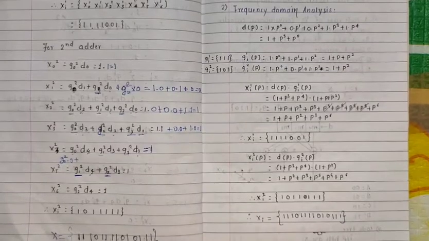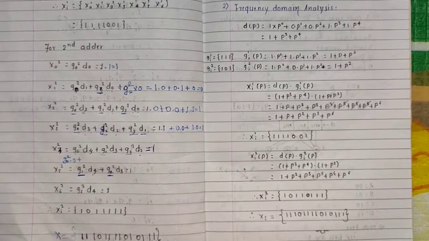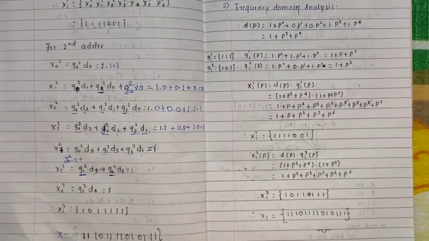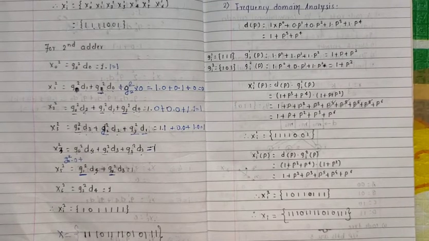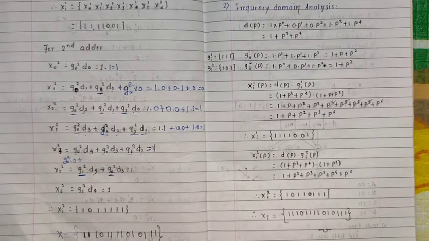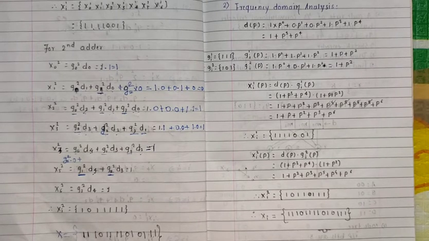Hello everyone. This is in continuation with my last lecture where we have calculated convolutional code using time domain analysis. Now, as the time domain analysis is quite complex and requires the tedious task of calculating each and every parameter, we are proceeding forward to see the frequency domain analysis, which is quite easier as compared to the time domain analysis. So for the same example, we are going to get the same output but by using a different approach, and that is frequency domain analysis.